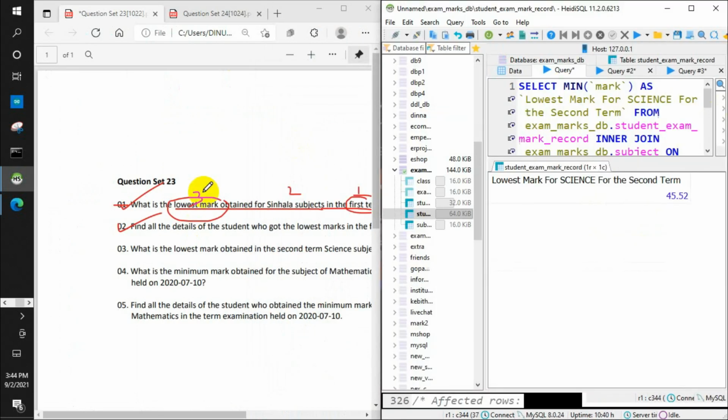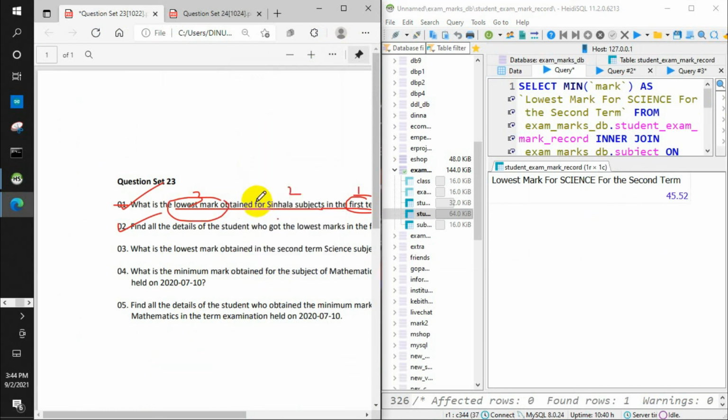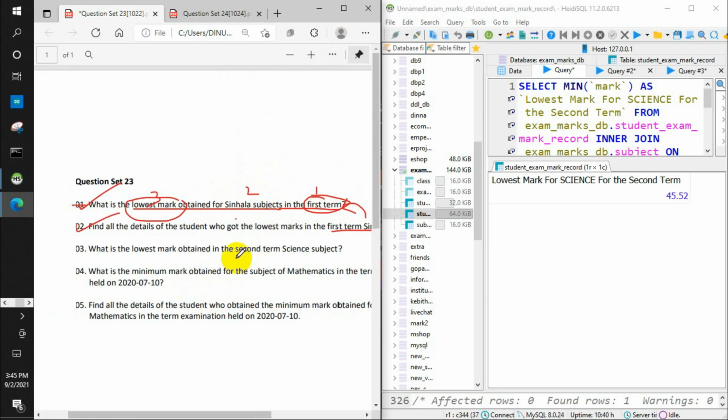I'm not going to explain it again. In the first question we discussed how we find the marks for a single subject for the first term. Now this is the science subject for the second term. We just have to change the first term to the second term and single subject to the science subject. Okay, so that's the third one.